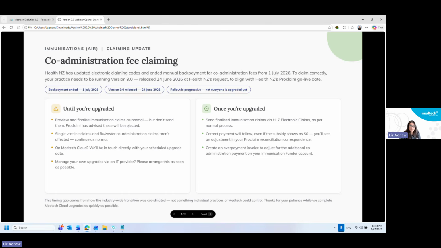Just a note about claiming. Health NZ updated their electronic claiming codes and have ended the manual back payment for co-administration fees from the 1st of July. So to claim your immunisations correctly, including that co-admin fee, you need to be running version 9. We had our release on the 24th of June at Health NZ's request, so that would align with their ProClaim changes. So until you're upgraded,